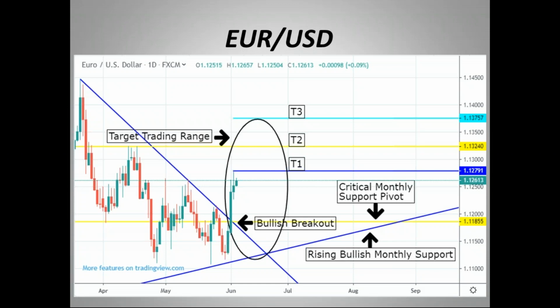So the biggest thing is to look at that downward sloping blue line that crossed right there. The market rallied above that and has settled for the past 3 sessions. Also, at that same point where the market broke out, you see there's a yellow pivot point line. That is a major monthly and weekly pivot point. So the fact that that pivot point, as well as that downward sloping resistance line, crossed right where the market broke out, that's a significant signal. That usually means that there's a lot of momentum, obviously buying momentum in this situation.